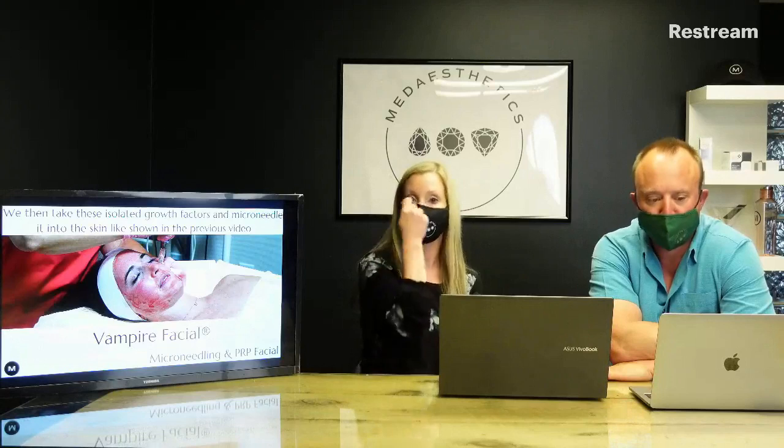We'll have one of our nurses basically take the sample to begin with, and then it gets separated into different layers, and this is where we collect the platelet-rich plasma that is very rich in the growth factors. So why don't you just tell us what we do here? Yeah, so next we use the actual PRP and we apply it to the skin and then we microneedle it